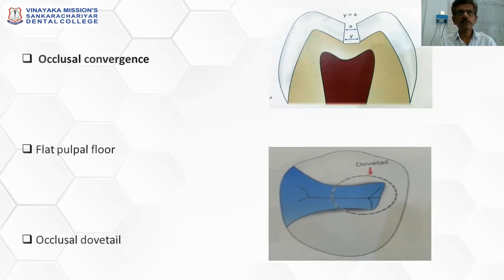Or when you do a class 5 cavity, the mesial and distal walls are diverging out rather than converging. This is largely to do with the direction of the enamel rods. Obviously, you know that from the dentinoenamel junction to an occlusally directed area, for example a pit, the rods are converging, whereas if it is a cusp instead of a pit, they diverge. So in case of this class 1 extension, we have to diverge the walls, especially in the mesial and distal part of the cavity. It's not converging.